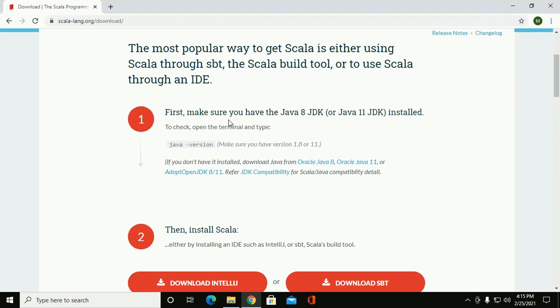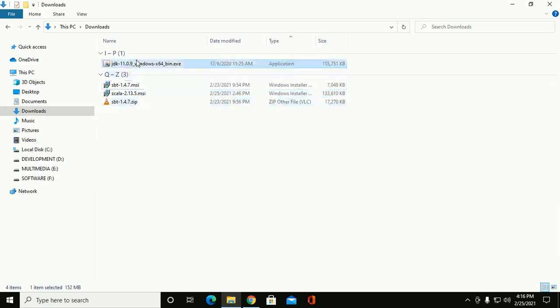First, make sure you have the Java 8 JDK or Java 11 JDK installed on your machine. Check it by this command. If you don't have it installed, download Java from Oracle or adopt OpenJDK. Download JDK,